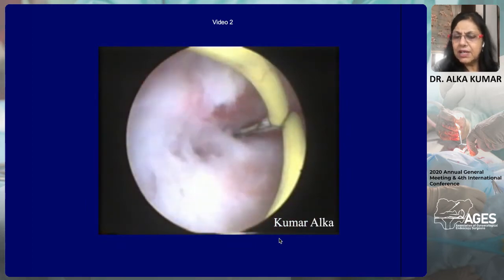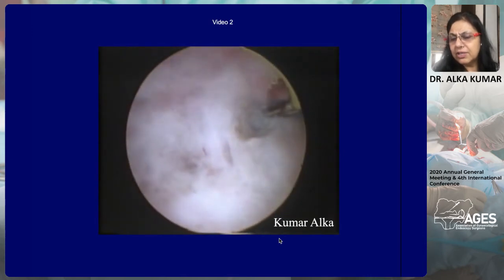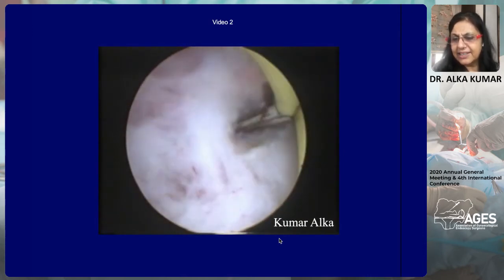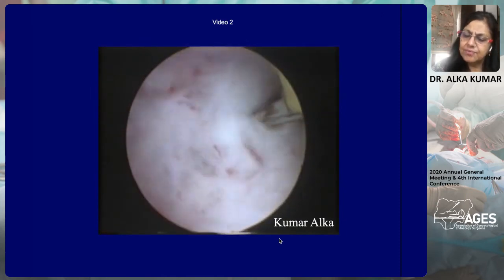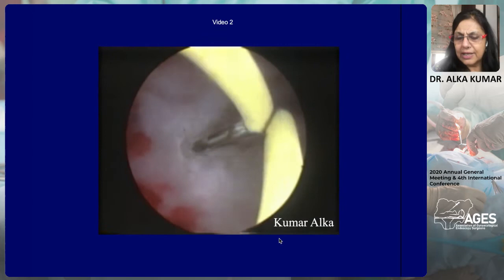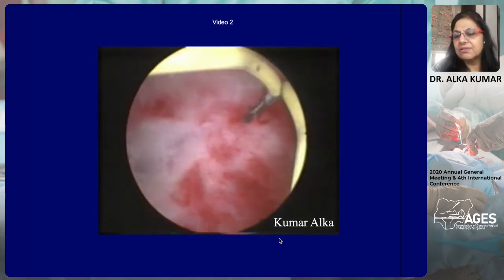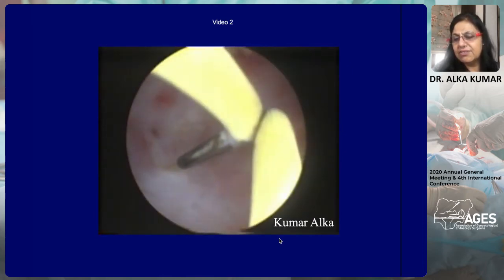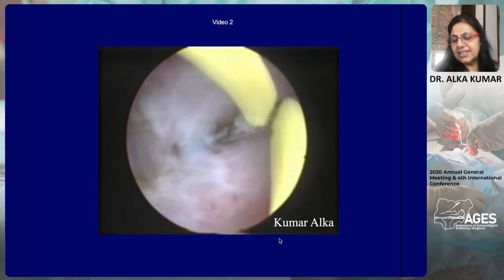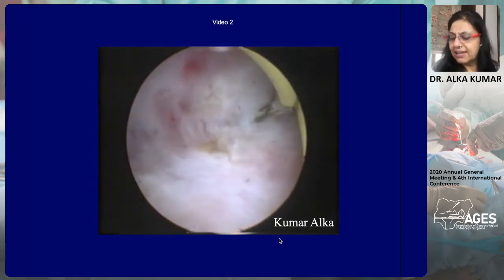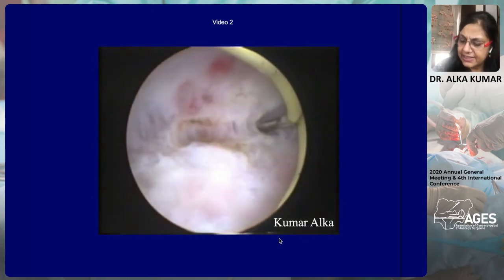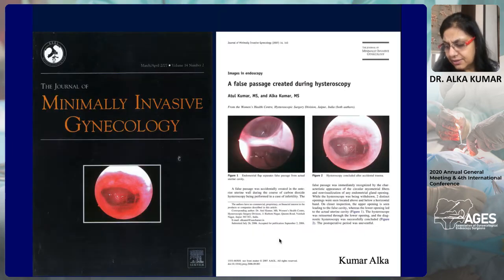The first part, of course, is always to try to do the adhesiolysis without any energy source, mechanically, either with scissors, or even if you are using the Collins knife, you try to use no energy source. Now we had to use the energy source simply because it was a very thick adhesion band. We were not able to see the tubal ostia on the other side, so we've just tried to make the cavity spacious enough in an inverted triangle shape. The idea always is to restore the uterine cavity to its normal shape, although these kinds of patients really don't have very great pregnancy outcomes.